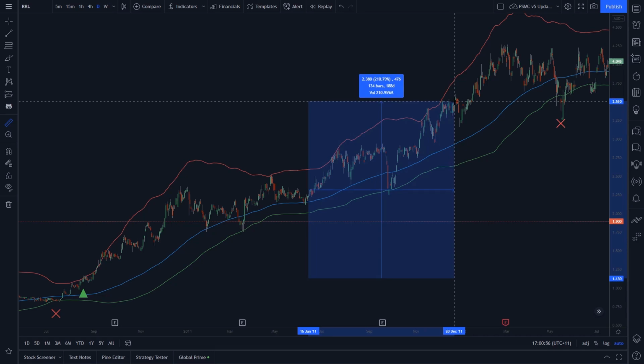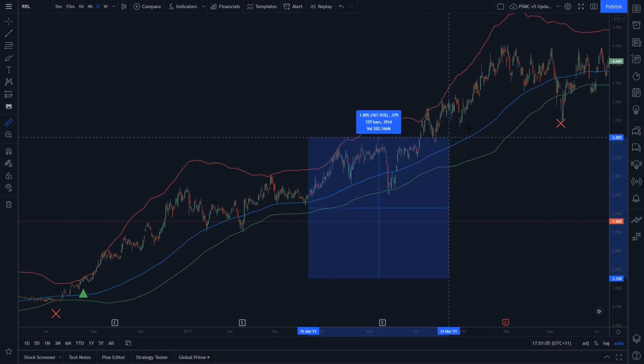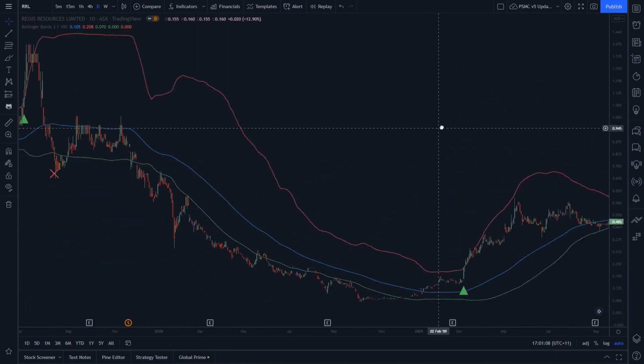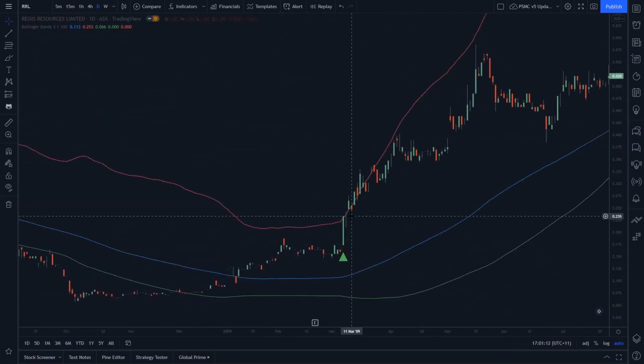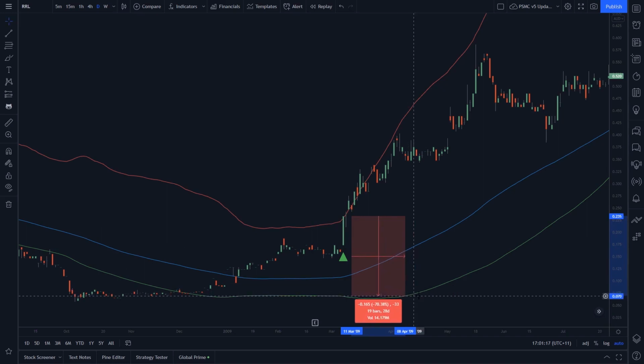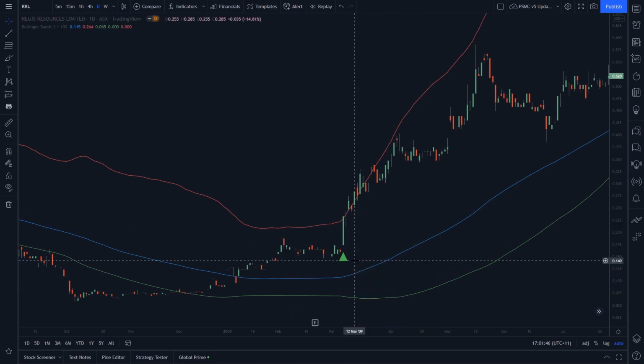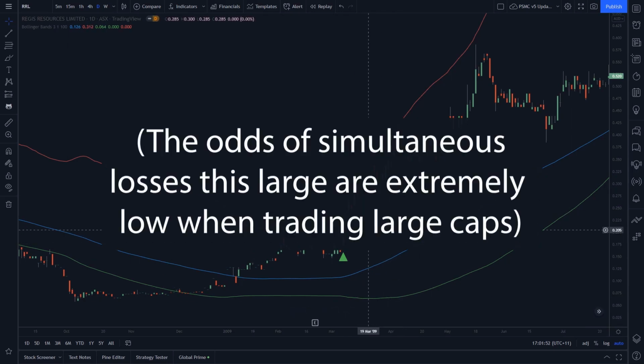Now, even if you were to only trade this system across the 5 strongest stocks in the market, the way that one of Nick's strategies works, and you split your risk 20% across each market, that means that if you were to be stopped out, let's say you bought here, and then the market just tanked and you sold down here, yes, that is a 70% loss on this particular trade, but that's 70% loss on 20% of your capital. But keep in mind that not all stocks are going to be stopped out,